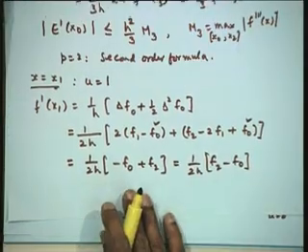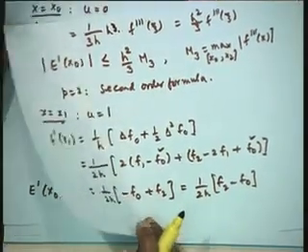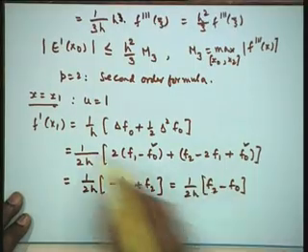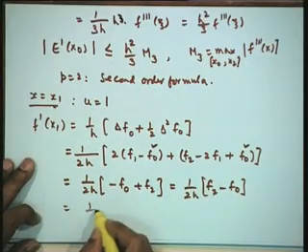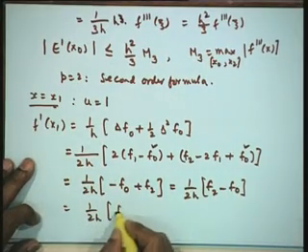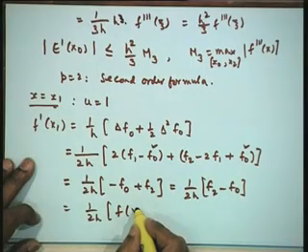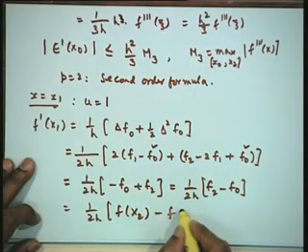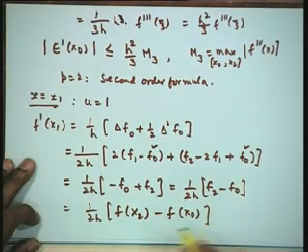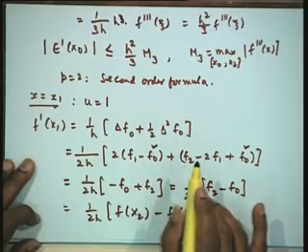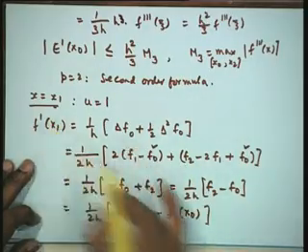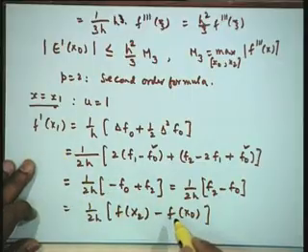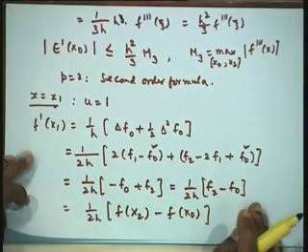Therefore, the formula is simple, it is symmetrically placed about x 1, that is f at x 2 minus f at x naught. That means we are really looking at a central difference formula. This is f at x naught, f at x 1. The step length is h, therefore, x 2 is 1 step h ahead, x naught is 1 step behind, therefore, this is a symmetrically placed approximation.